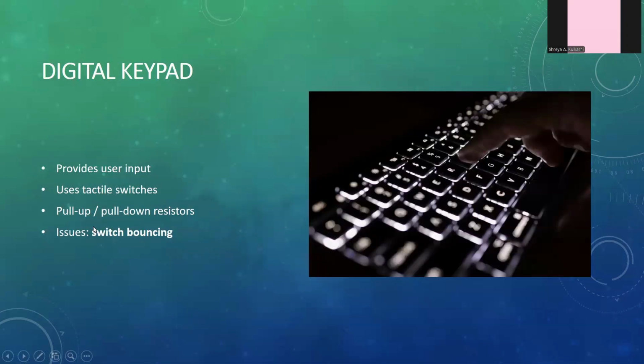The digital keypad is used for getting the user input. These use tactile switches and pull up and pull down resistors. The issue present with the digital keypad, or any switch in general, is switch bouncing. We'll be looking at that in the upcoming slides.